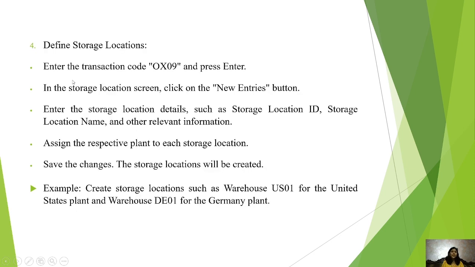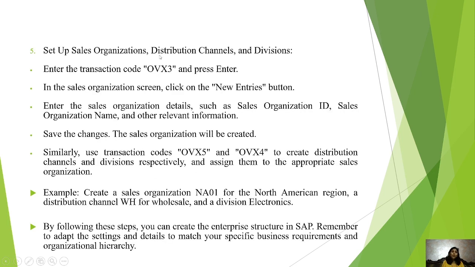Next is defining the storage location. Enter the transaction code, OX09, and press enter. You will go directly to the storage location screen. Start a new entry, then enter the storage location ID and location name, assign the relevant plant to each location, and save changes. An example is given here. Similarly, set up the sales organization, distribution channel, and division. The transaction code is OVX3; press enter. In the sales organization screen, click the new entry button and write the ID and the